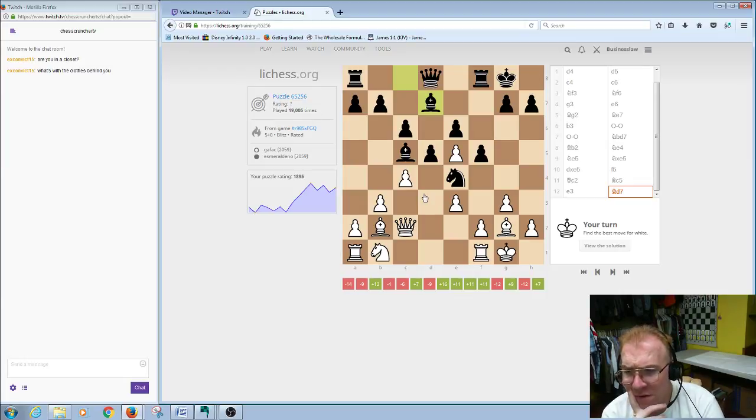See, I'm trying to see what would be in this situation. There's a piece that's semi-hanging, and this piece protects that piece. So, is there anything that we could do to emphasize that weakness? Let's see. Oh, okay. If we play